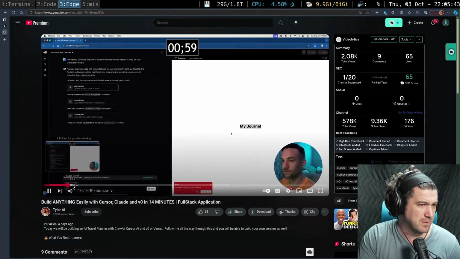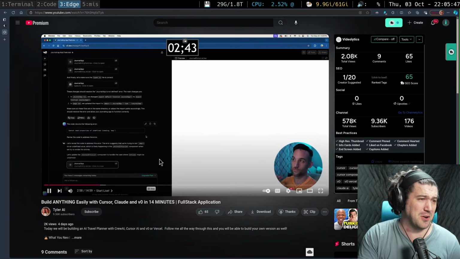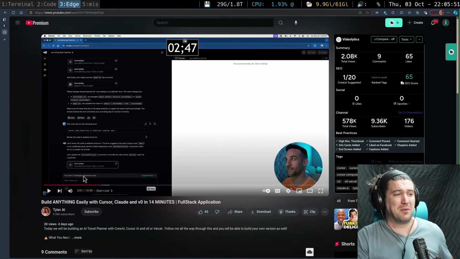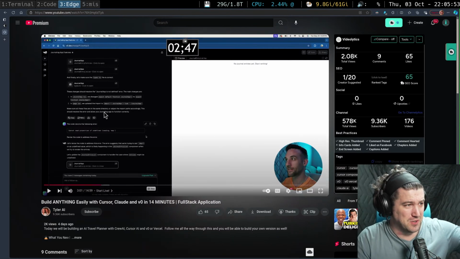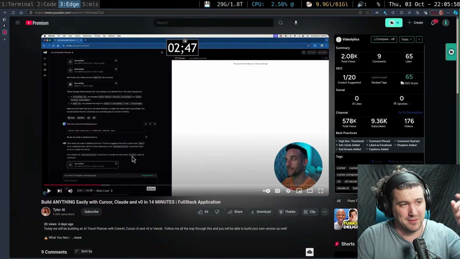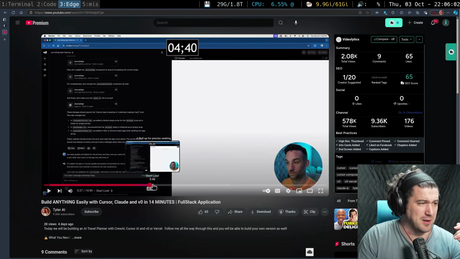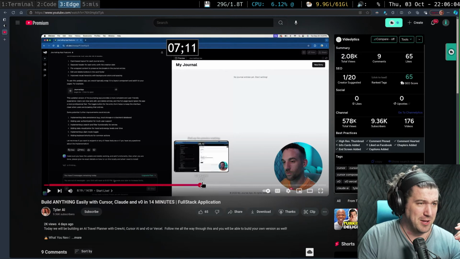I've done this before. Okay, just V0 in it. Well, V0 has actually changed quite a bit. They have this vertical. When I was doing it, there was not any of this vertical garbage. This looks way better. Maybe they used V0 to help them generate. But okay, I don't care about generating the UI. I'm not even to that yet.